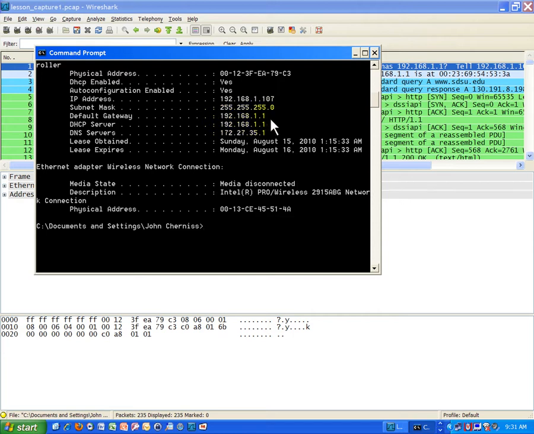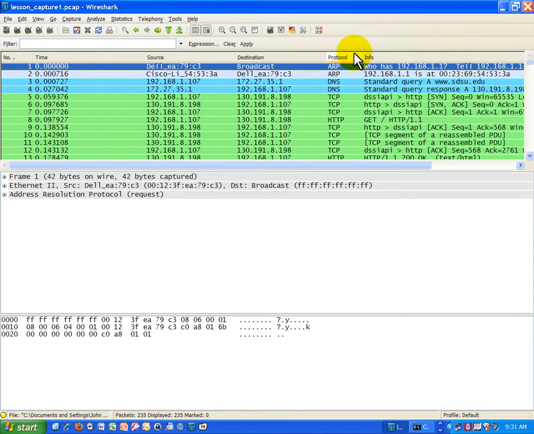So I need to find this address on the network to send to it. And that's what's happening in these first two frames with ARP. And this happens all the time. I'm going to minimize this. And now look, I'm sending out what's known as a broadcast because I don't know where that gateway is, believe